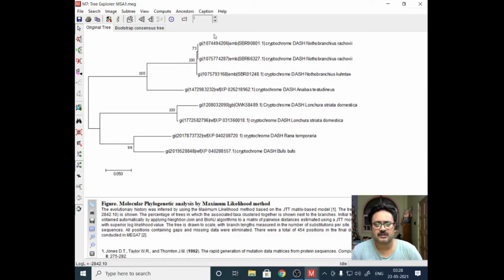Given the nature of the data, 73 is somewhat not acceptable. So what you should do is go back and see the data at this particular point where these two have separated, from 100, this one and this one, and this one is 73. So you can go back and see where the difference is between these two sequences, and why this value is so low here.